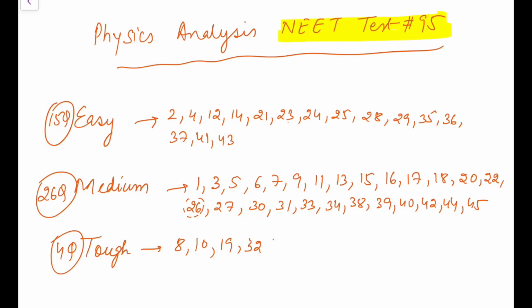I don't know why the paper didn't appear on my app till approximately 11:30, and I started after that. Because I have classes lined up, I have done it in a real hurry. So you might find some explanations to be really fast, but I can't help it because I don't have the time. I don't know if I would be able to do the JEE Main test today or not.